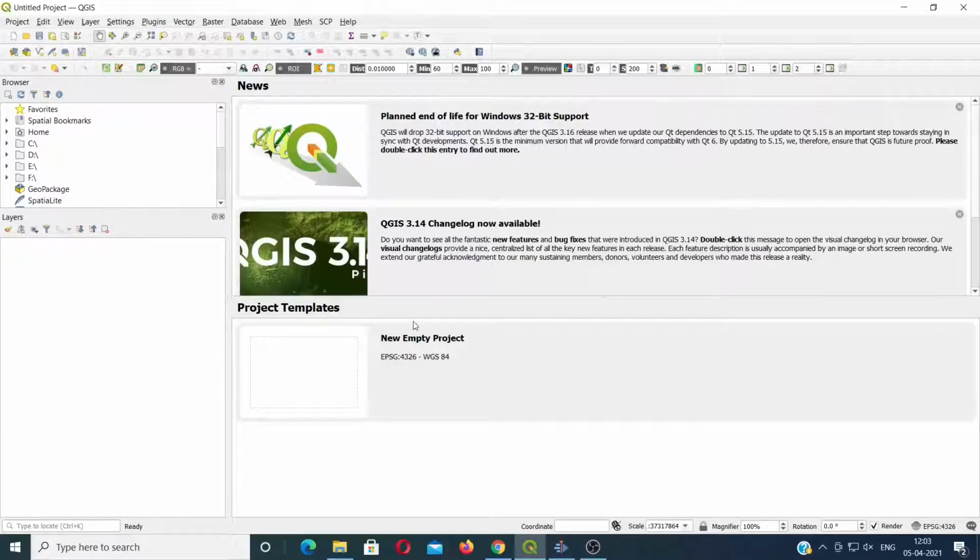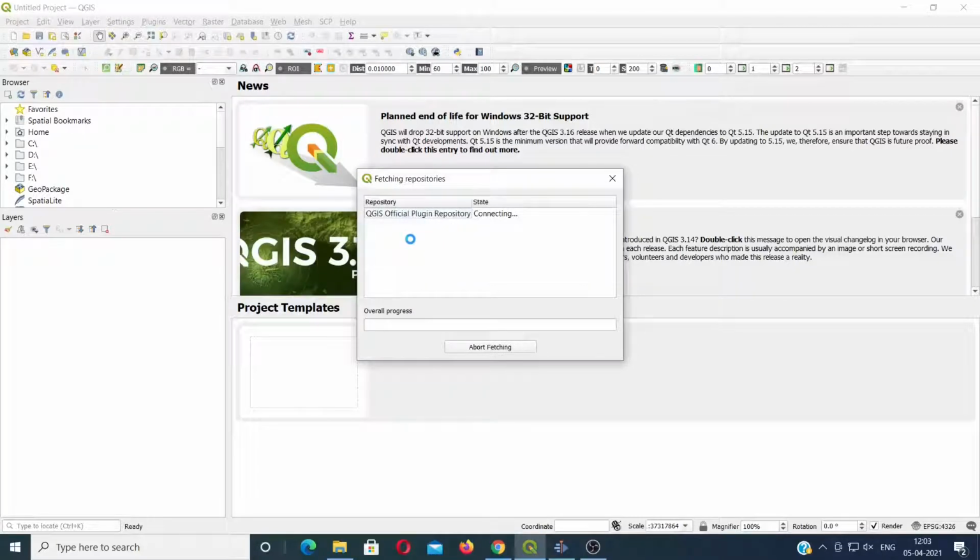Once this is done, for doing the classification we need to install a plugin called the semi-automatic classification plugin. This plugin is available if you go to the menu bar, click on plugins, and go to manage and install plugins. It will take some time to fetch all the plugins from the repository.